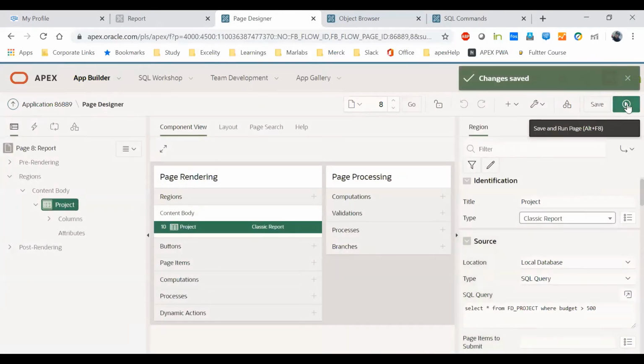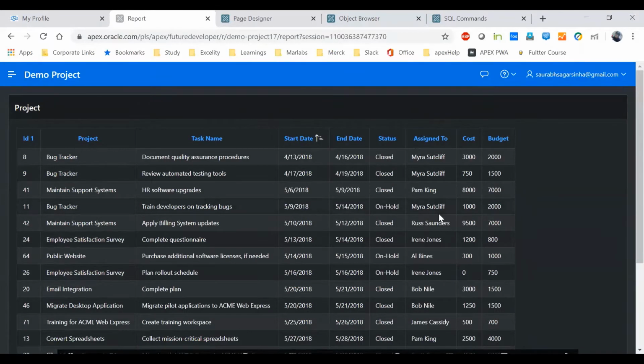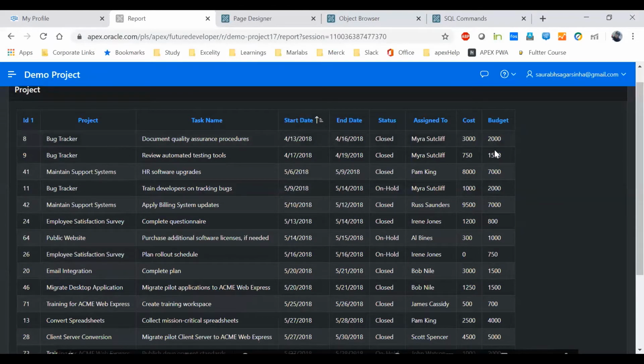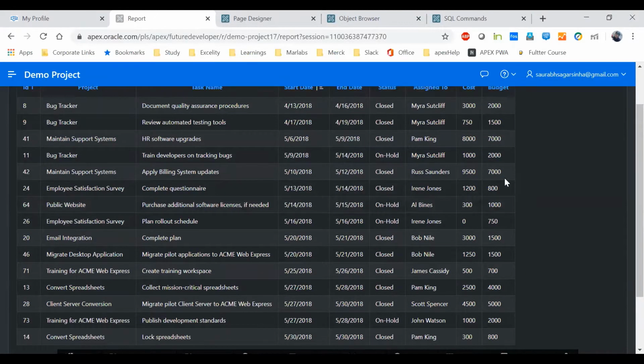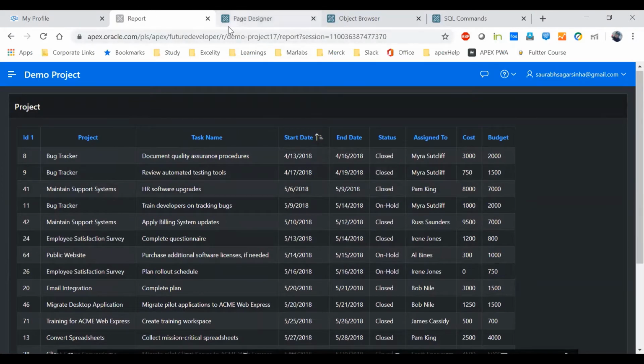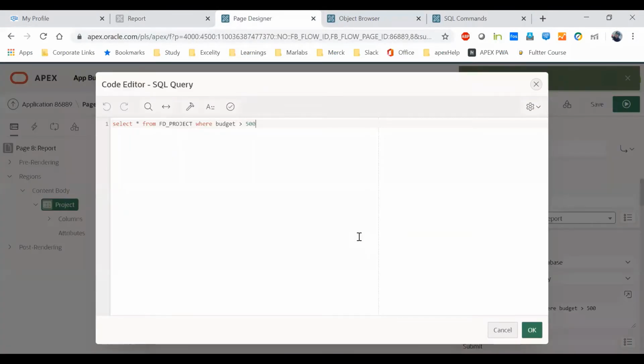Now run this page from here. As you can see, we have budget, all greater than 500 information is coming here. What I mean to say is that you can write your own SQL code to get this report, how you want it to look or what data exactly you want.